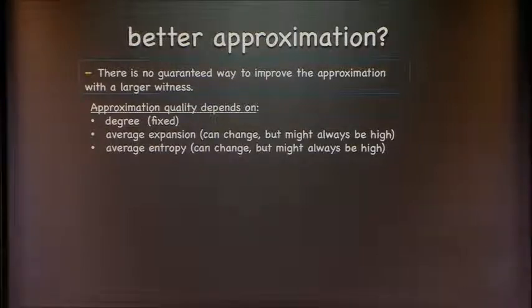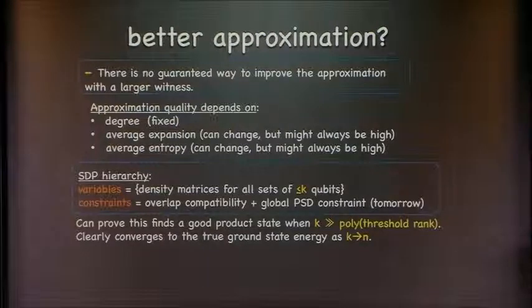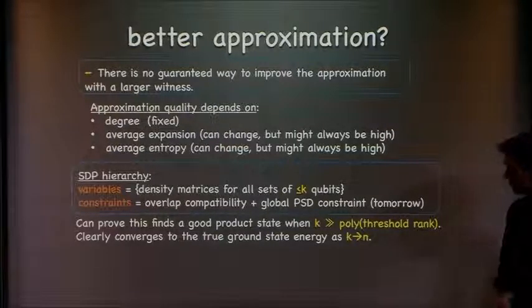However, I will now tell you about a way in which we have found a way to spend more and get more in doing so, but with partial success. In the same paper that developed this, we also looked at a case in which you could find that ground state approximation efficiently. So everything I said before is about an NP approximation. Does a good product state exist, but it gives you no help in finding it, and it may well be NP hard to find it depending on your problem.